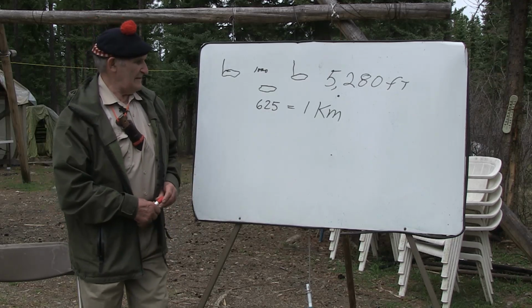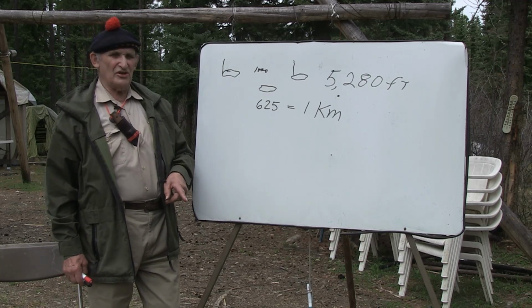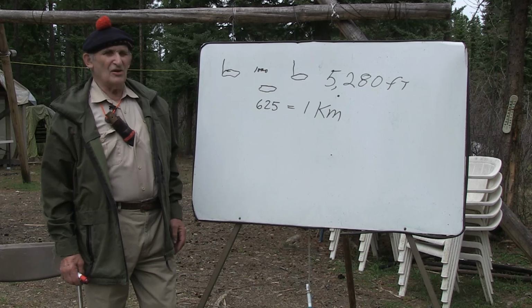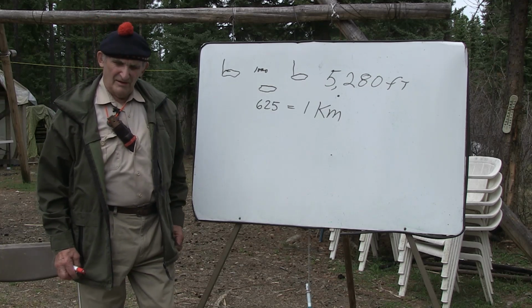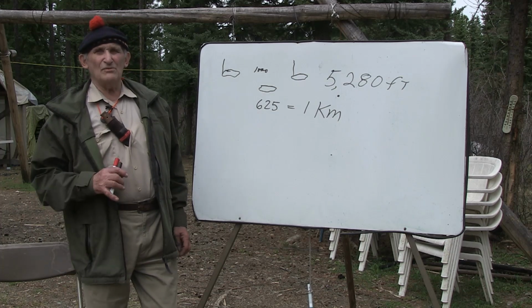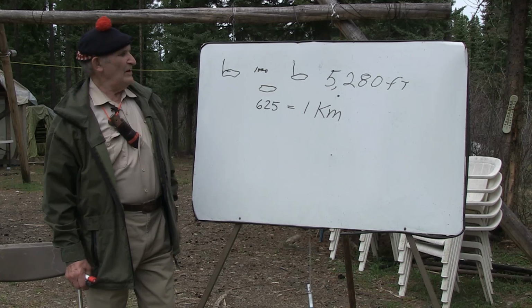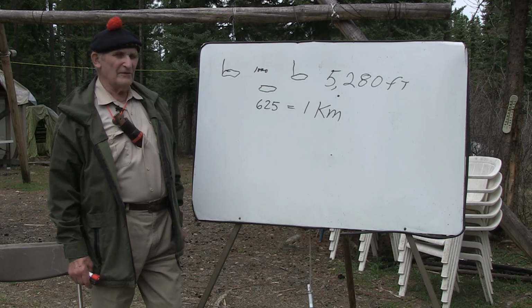When you pace and you're trying to keep track of where you are on the map and you come to a feature, and usually very significant broad cut lines, for example, crossing each other might be a very distinct feature, but you ask yourself, is this on the map or isn't it? Pacing will have told you that sort of thing. So you will find that you will be able to know exactly where you are if you're careful about it,